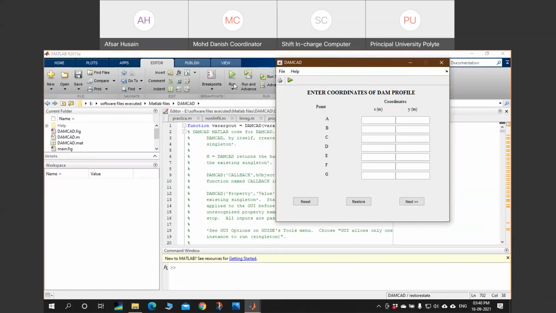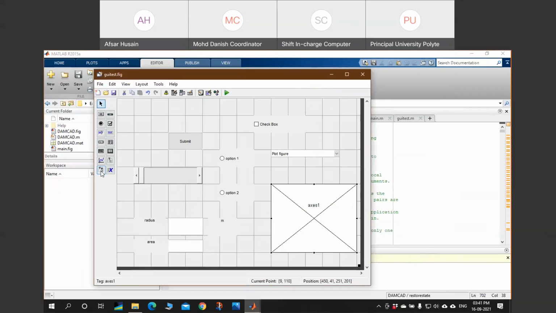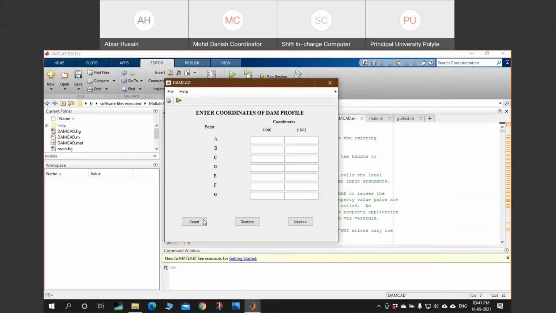here is the window that is displayed. Here I have provided many options. In the file menu, I have provided save, close, export, help, print and run menu. And this is a title, and these are the other titles. This is the group button function which I was showing over here, button group. In order to group the buttons, you can use this. So I have used a button group over here. These are the edit fields and these are the static text.